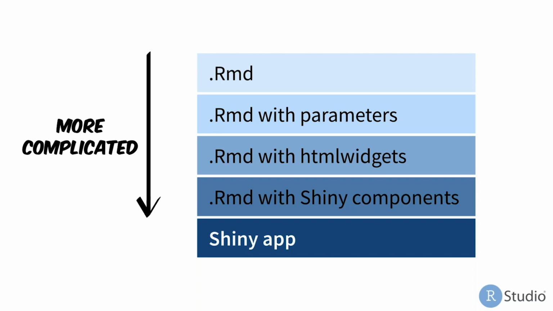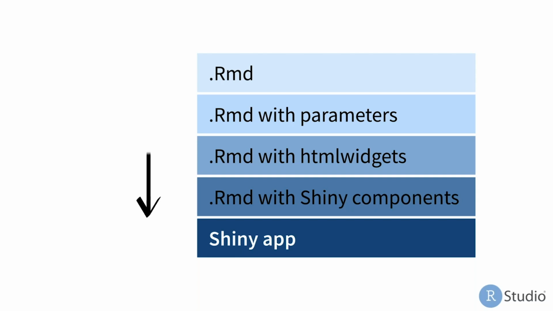What I recommend is that you aim for the level of interactivity that's as simple as possible to do the task that you want, because that leaves less room for things to go wrong and need to be debugged on your part, less room for things to go wrong and for the user to have a poor experience, and less time needed to create those documents. Here are some simple bright lines that you could use to think about this hierarchy. First of all,